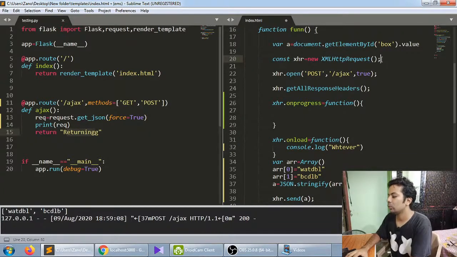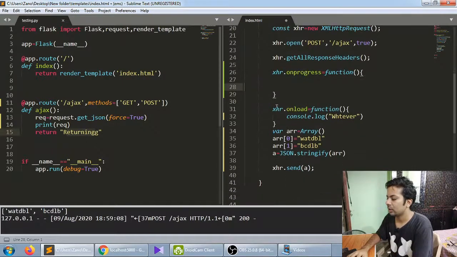Firstly we'll create a request, xhr will just open the request, okay, we are open for request, and we said get all response headers, we'll take everything whatever you give, a string, a JSON or whatever, and we'll say on progress, sometimes it will take time, so make use of on progress, like make a loading button or something there, and here on load when something gets returned, what you want to do with that, and here is the array for sending, whatever you want to send.